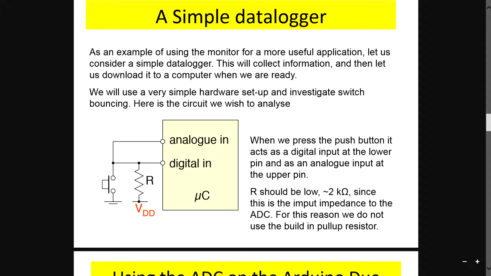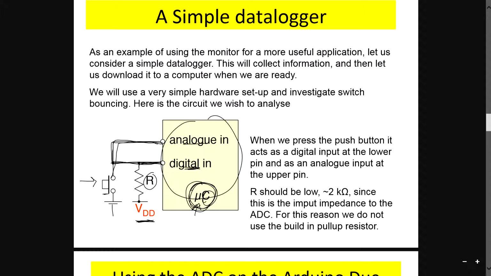Alright, so over here you have a button, which is grounded, and you have a VDD, and this VDD is connected to a resistor and towards your digital in, while your button over here is connected to the analog pin, and also towards the digital pin. So you want to compare between the analog and the digital. This is your microcontroller. Your Arduino itself has an analog and digital in,